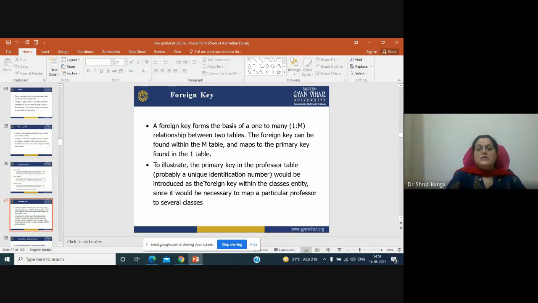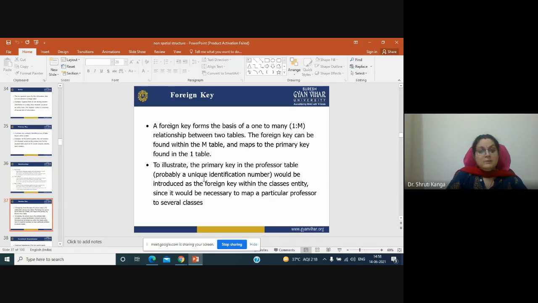To illustrate, a primary key in a professor table would be introduced as a foreign key within a class entity, since it would be necessary to map a particular professor to several classes. Okay, so here we are quoting an example of a professor and a class.